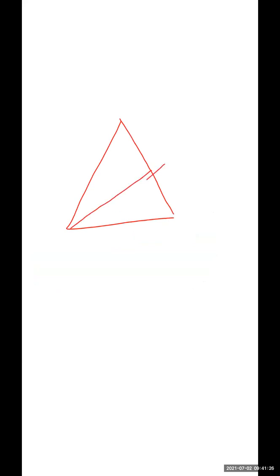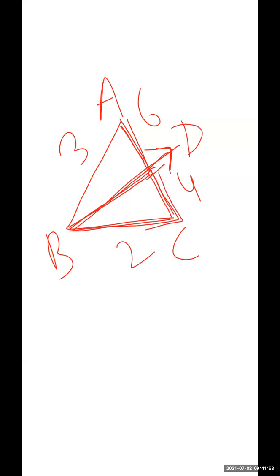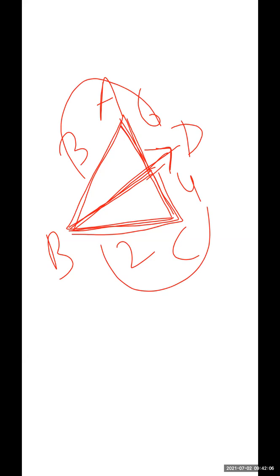Okay, so this one is the line. This one is given in the triangle ABC. Okay, and they asked you to show that BD is the angle bisector. See, Aditya, if you are asked to show BD is the bisector of the triangle, you find all the sides are given. This side is 6, this side is 3, this side is 4, and this side is 2. Then you find the ratio of these two sides, CD by BC and AD by BD. If these two side ratios are equal, then we say that this one is the angle bisector. Okay, Aditya?